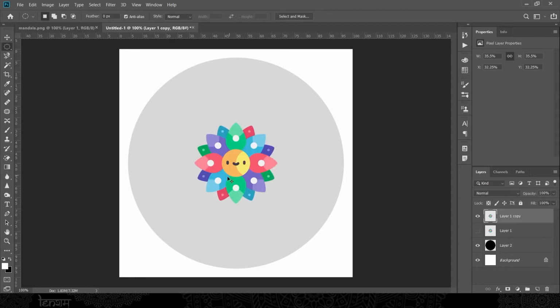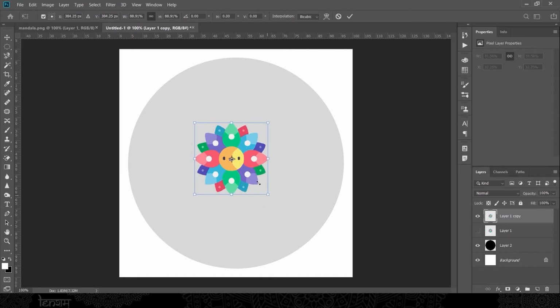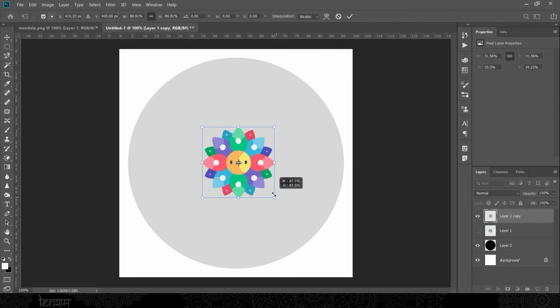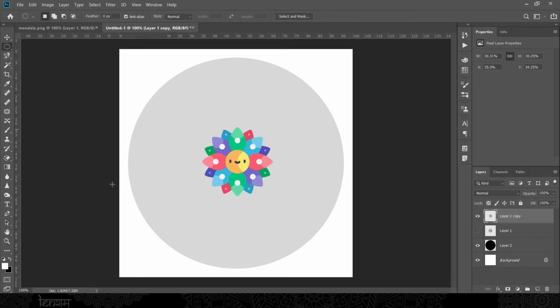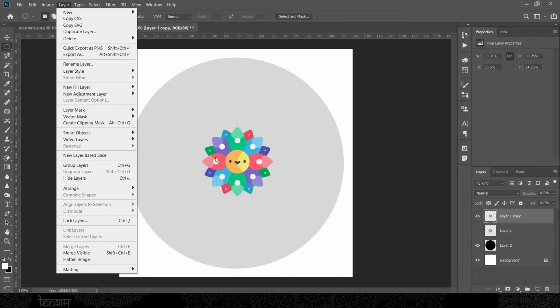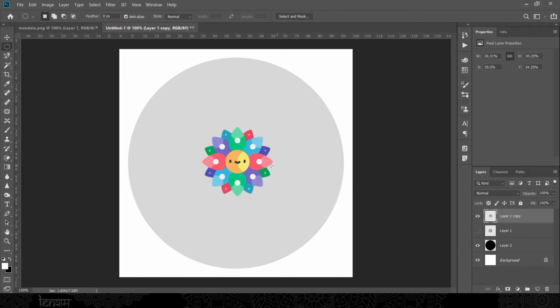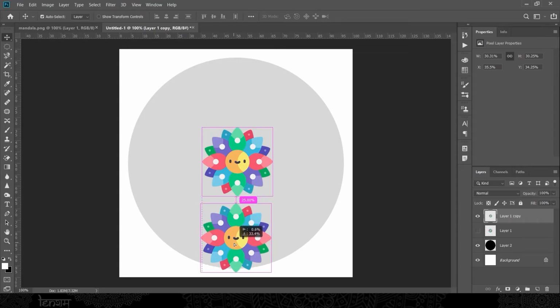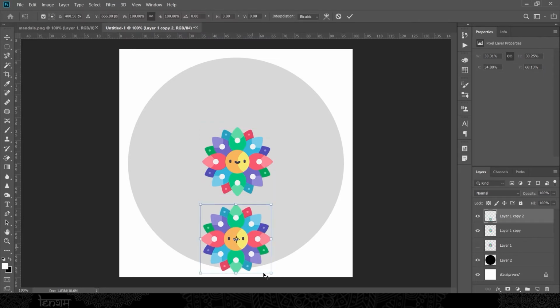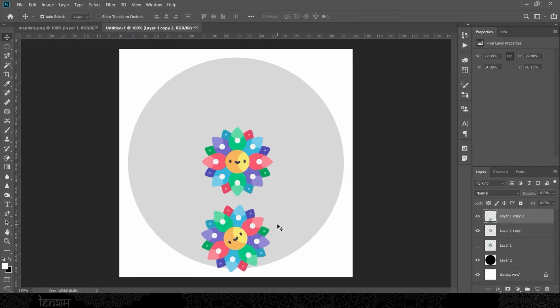And one thing I would like to suggest, that try to use shortcuts while you're editing, because it will save lots of time. And I know it doesn't matter for this project, but when you start doing some large projects, believe me, shortcuts are a lifesaver. You can duplicate your PNG layer by clicking on the layer and then duplicate layer, or you can use Command or Ctrl plus J. But the best way to do it is by clicking on the Move tool or V on the keyboard. And while using the Move tool, press the Alt key for making copies of the PNG, and then transform by clicking Ctrl or Command T, and give some randomness in your pattern by rotating or by changing the size of the PNG file.